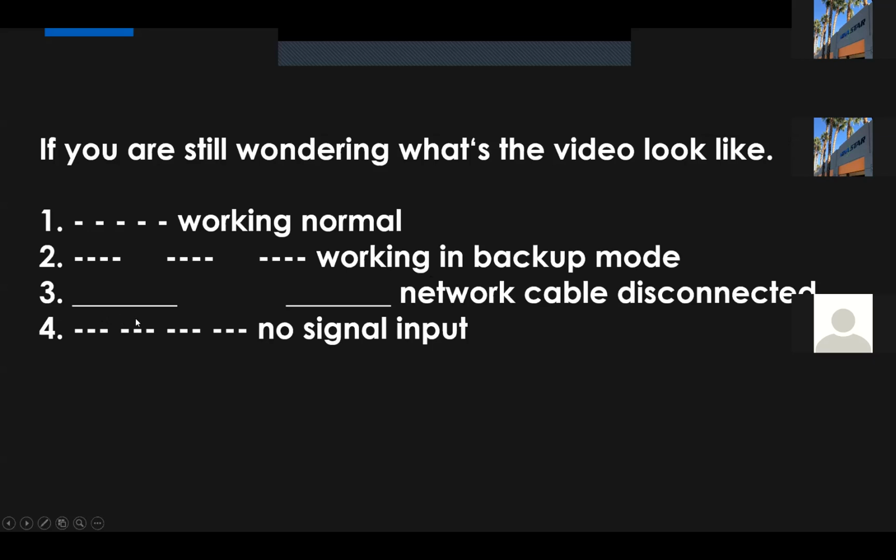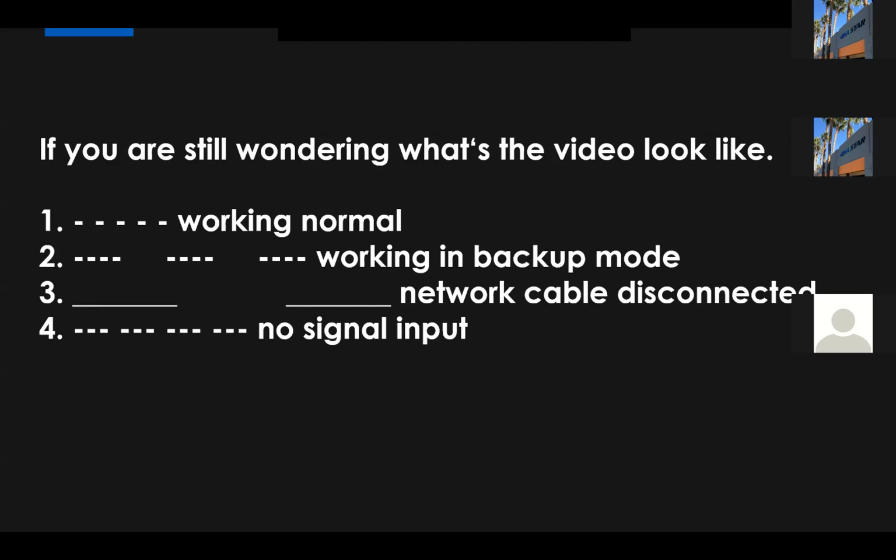And if it flashes slowly and stops and again, then the network cable is disconnected. I think this will help you easily understand.